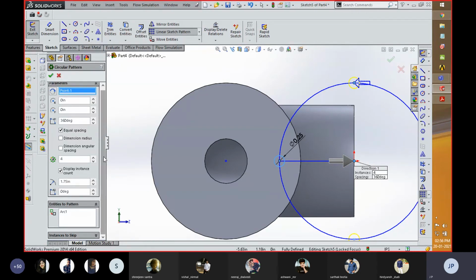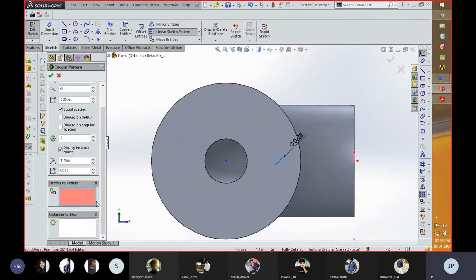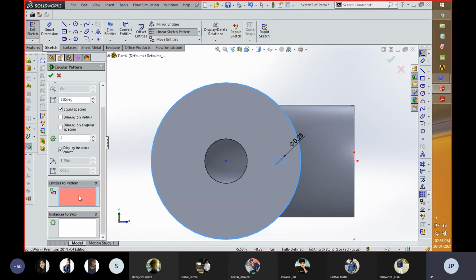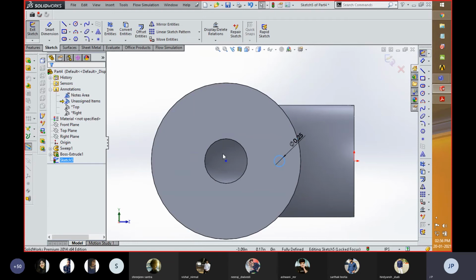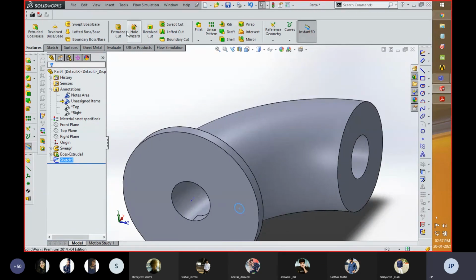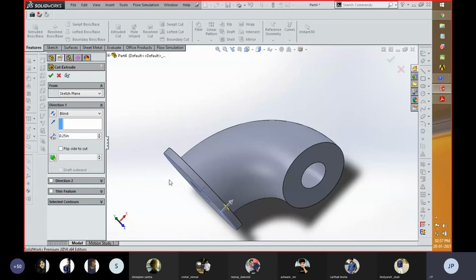Right now actually it doesn't fix the arc which is selected by this one, clear selection, this, and the profile which is to be covered by this is... right now it is not working. So what we can do, we can also create a solid pattern. With respect to this, I am going to remove this material over here with this extrude cut, and this is the cut you can do.